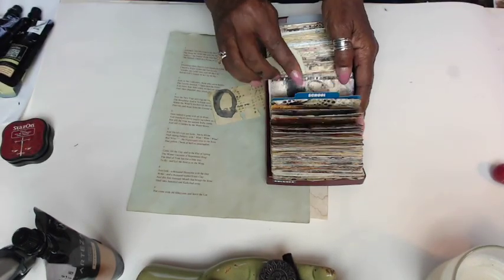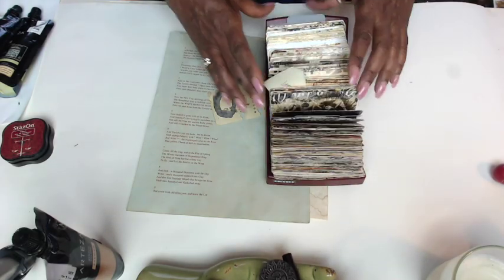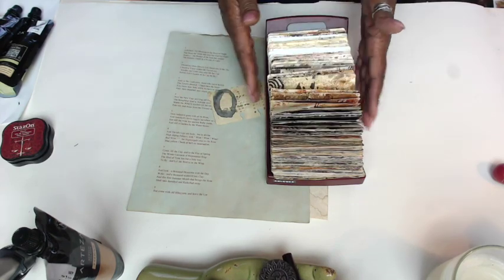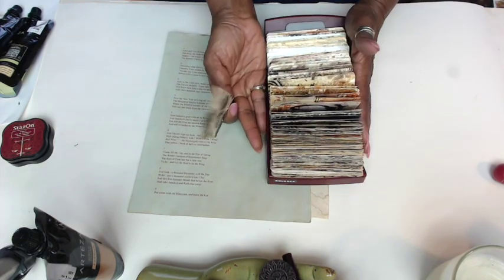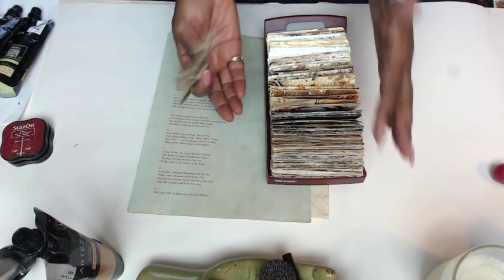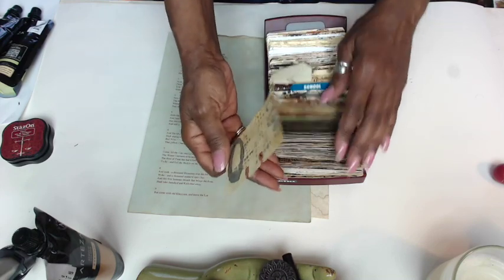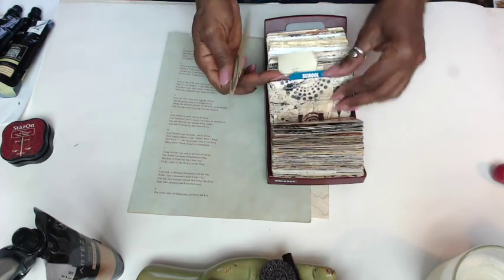I'm not going to have this tab in here. I only have this in here because it's separating. This is my first 100, and then this is 86 left. I had a few cards still left over, but I'm going to decide if I'm going to use them. I realized I don't think I needed them. And so what you want to do is count your cards. You then want to figure out how many lines you need. Do you want to put one on every card? Do you want to maybe put something on every other card? I'm going to put one on every card for the most part,